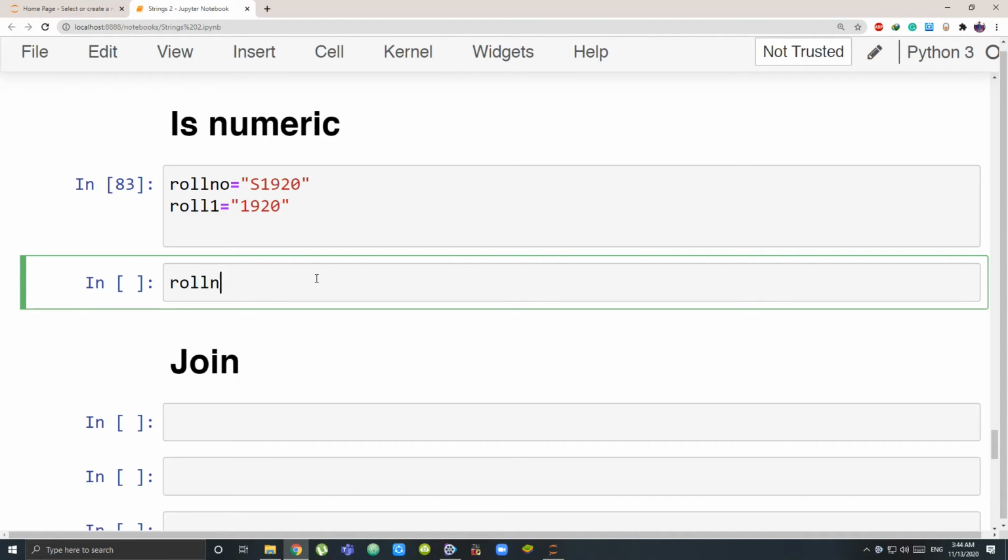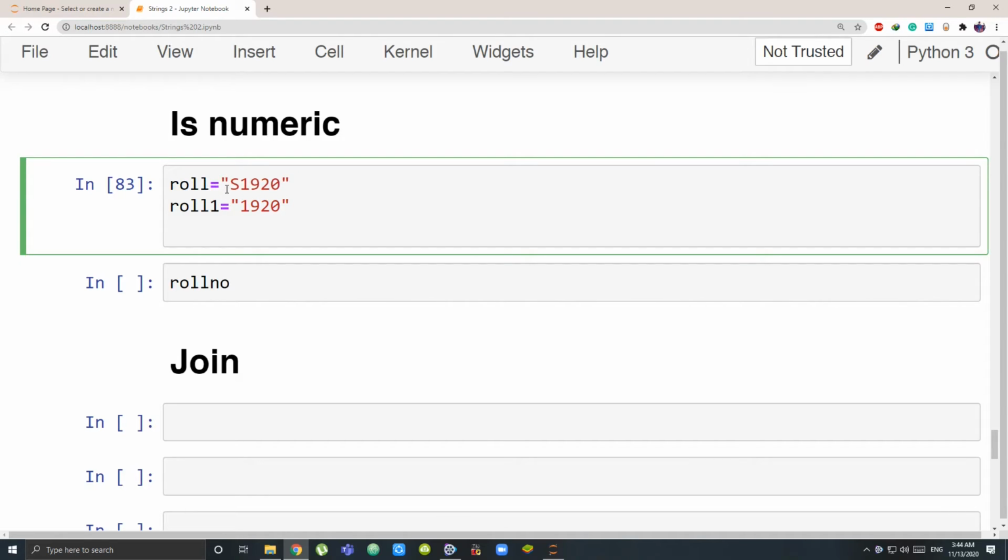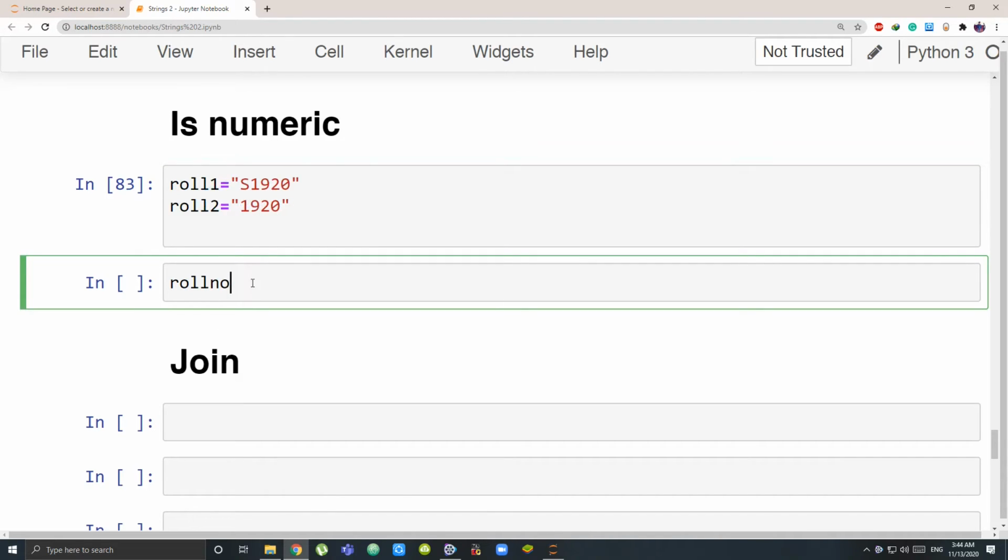So my roll number variable, let me just change something. I can have roll1 given to this, and this is somebody else's number. Let's give it roll2. I am checking, is roll1 completely a number string having no other characters. So roll1 dot isnumeric is what your method looks like.